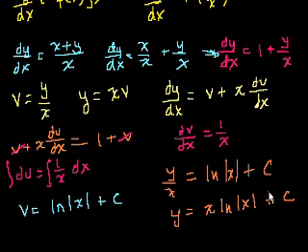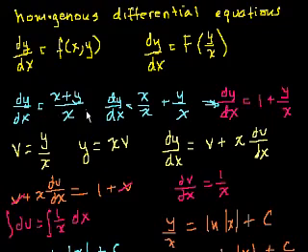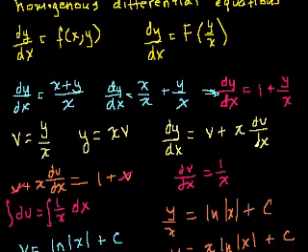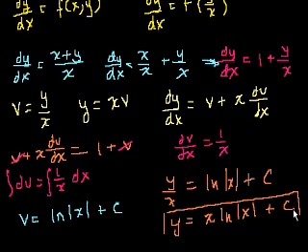We solved that seemingly inseparable differential equation by recognizing that it was homogeneous and making that variable substitution v is equal to y over x. That turned it into a separable equation in terms of v, and then we solved it, and then we unsubstituted it back, and we got the solution to the differential equation. You can verify it for yourself that y is equal to the x natural log of the absolute value of